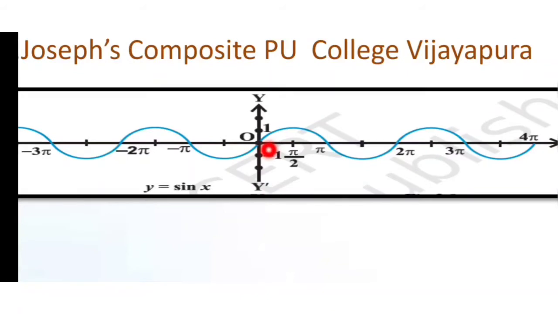And one more thing, we notice, look at this graph, that the sine function repeats after 2 pi. From 0 to 2 pi it is this type. Again when you see, it is again this type. So after 2 pi it is repeating the same values. So the sine function repeats after 2 pi.